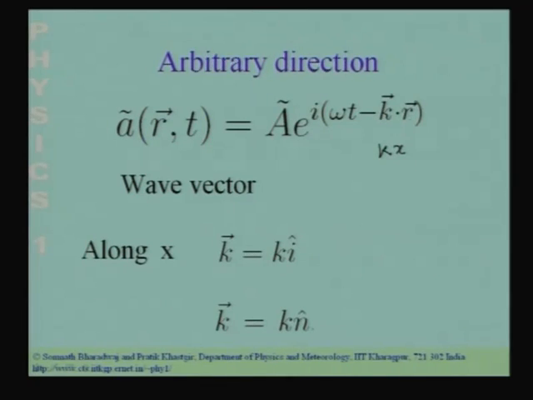Let us ask the question, in which direction does the phase change? It is quite clear that the phase changes only along the unit vector n. So, if you move in a direction perpendicular to the unit vector n, the phase does not change. From this you conclude that the wave fronts are orthogonal. You have a wave direction n along which the wave is propagating. If you move in a direction perpendicular to that, the phase does not change. So, the directions perpendicular to the unit vector n are the wave front.